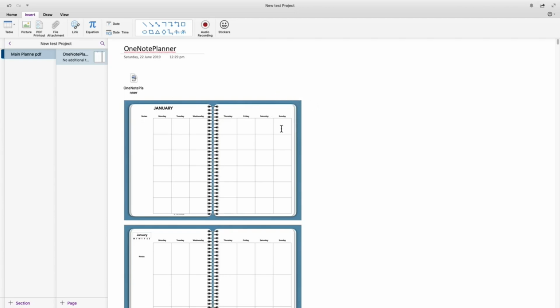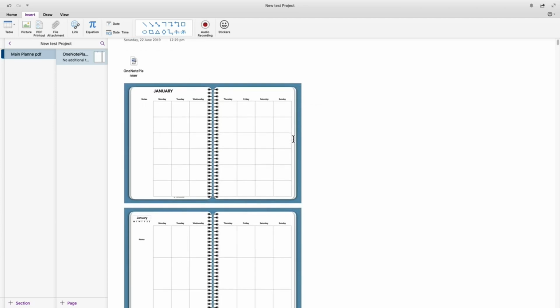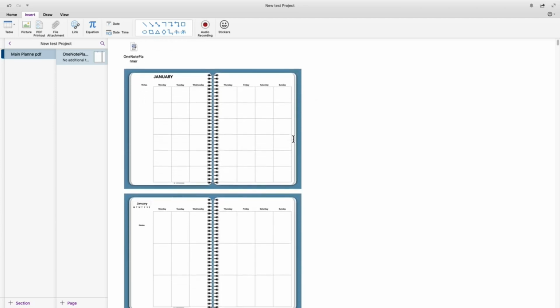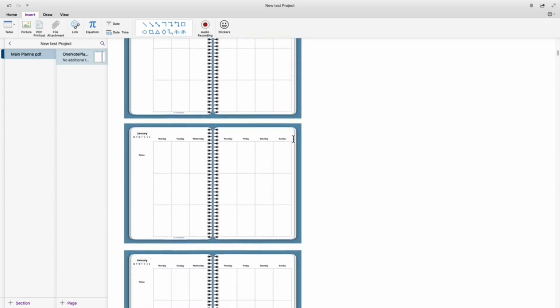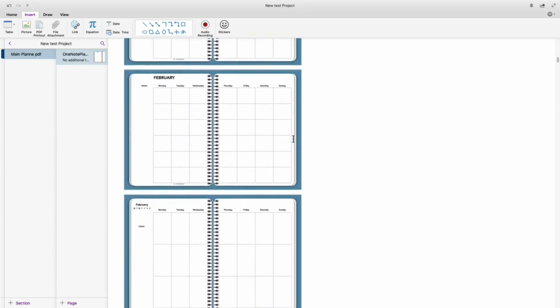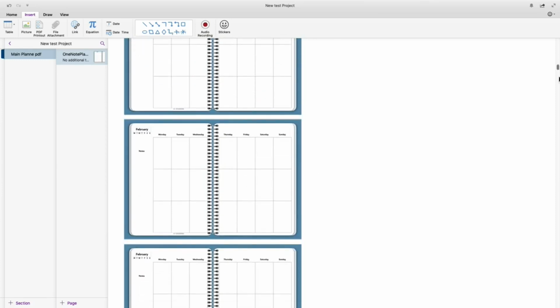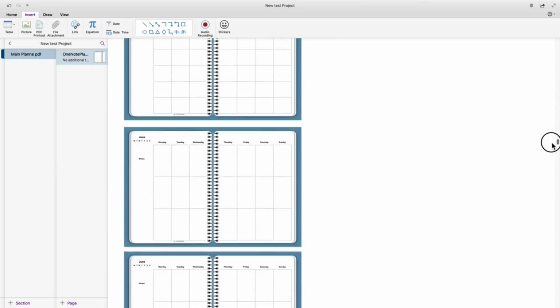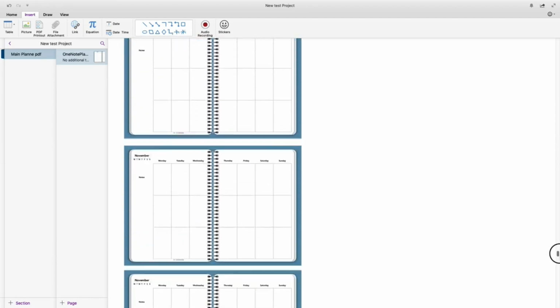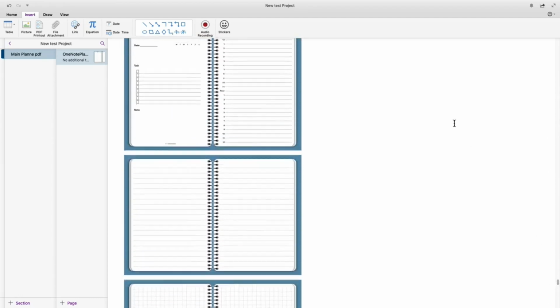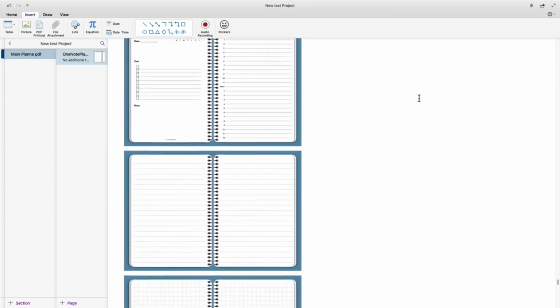So anyway, this is the planner that I have made up in Keynote, and what I do is I just copy bits of this. I'll just show you what's through it. There's weeklies and monthlies, and if I go down a bit further to the end of the planner, you'll see there's also a daily there,